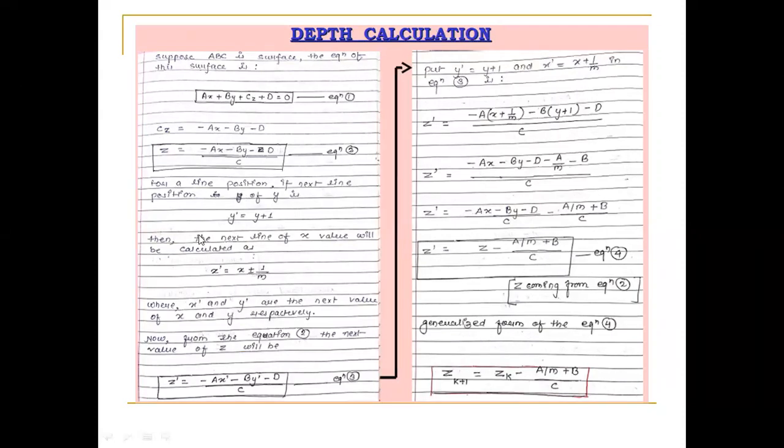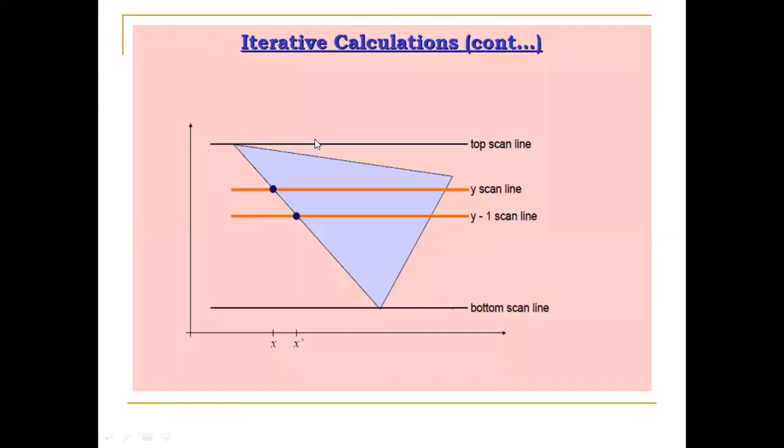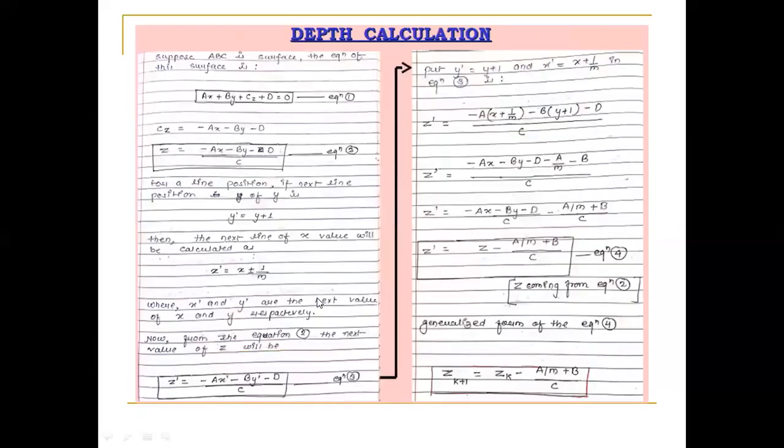Now, for a line position, what we are doing here is finding it line by line, just like how we filled a polygon with scan lines. In the same way, consider the polygon surface here, if this is the visible surface. The polygon is always filled from bottom to top and from left to right. So if the position is y here, the next position will be y + 1, and we move up the y axis. The x value is calculated as x' = x + 1/m, which we have already discussed in the scan line filling algorithm.